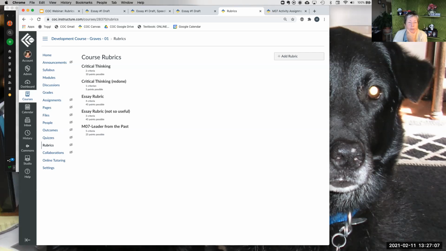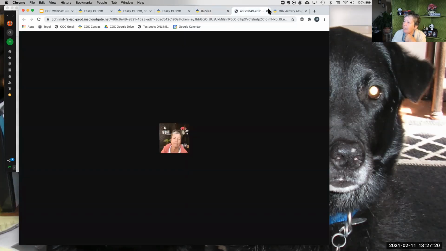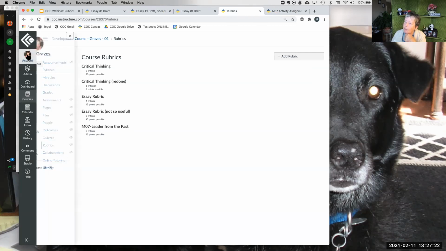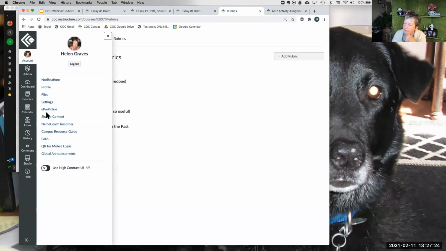Is there an account level view? Excellent. I am not aware of one. Canvas is always changing things, so let's go look. But I don't know that they have gone that, whoops, that didn't let me do what I wanted to do. Here we go. I don't think so. Might be a feature request that you put for them.